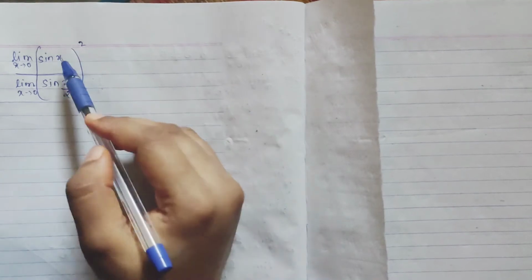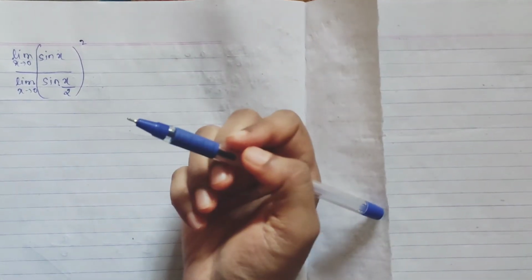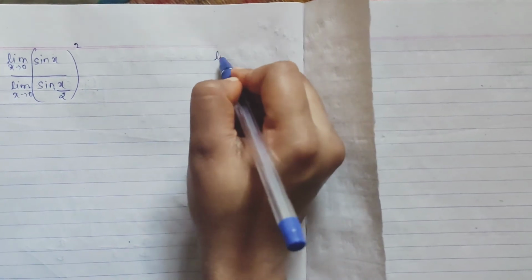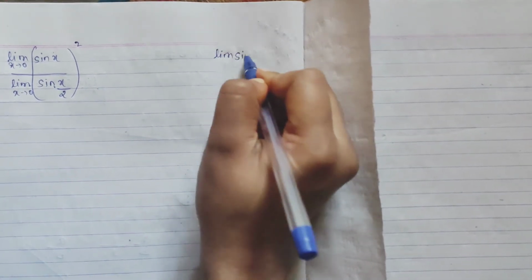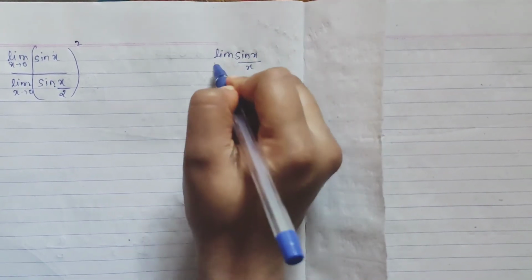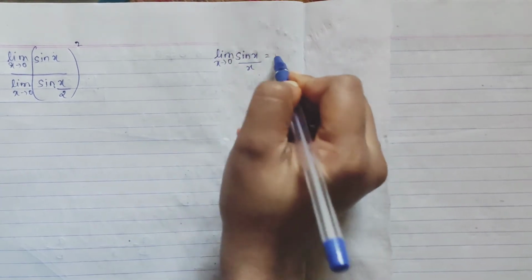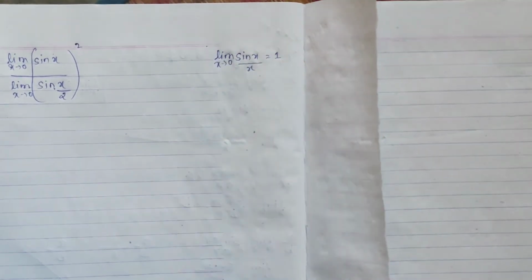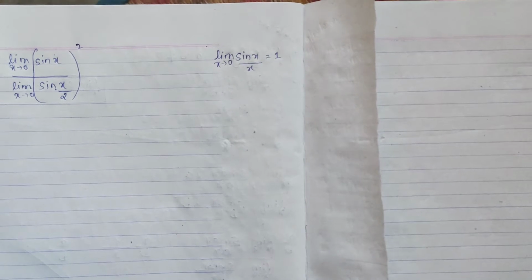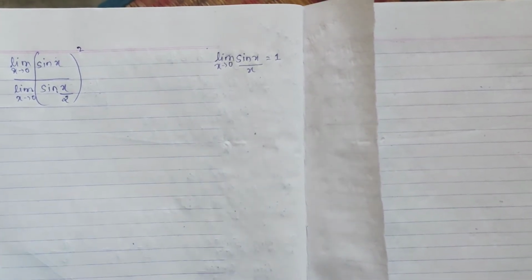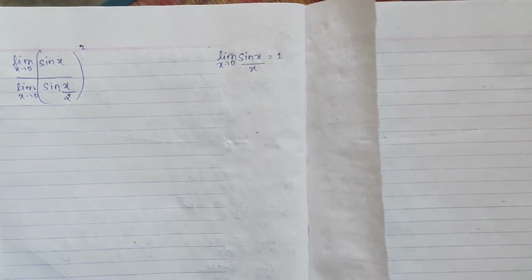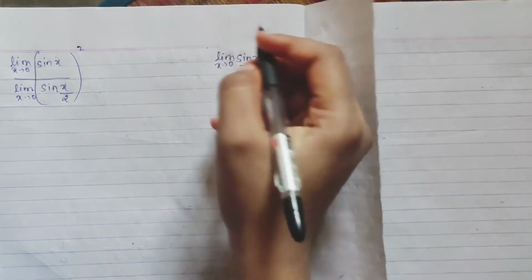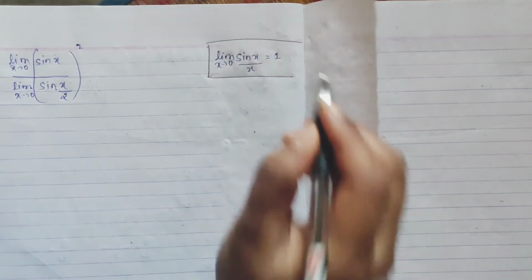It was sine square, and this also square, so the whole square I have taken. Now, in sine you just know one theorem, that is, limit sin x divided by x as x tends to 0 is equal to 1. So, we have to make use of that only, there is no other option left for us. So, how we have to do, you know it already.